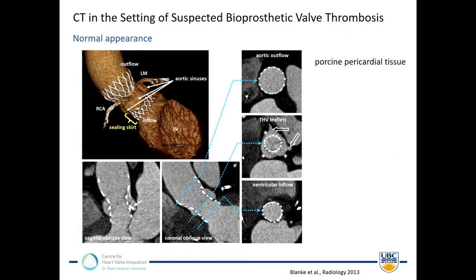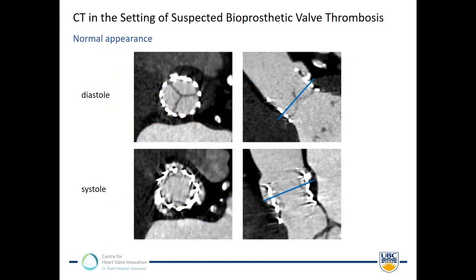These are images of a CoreValve. Typically here is that the leaflets appear thinner than in the Sapien valve, sometimes actually very faintly and difficult to visualize. Most importantly, when you're looking at those images is that you want to have a symmetric appearance of all leaflets, and I always compare that with brain imaging on a brain CT. If you don't know whether something is abnormal, you always have a second side, the other side to compare it to. And if the finding is symmetric, it's rarely abnormal or not an acute finding. That is, I think, also what pertains to those valves.